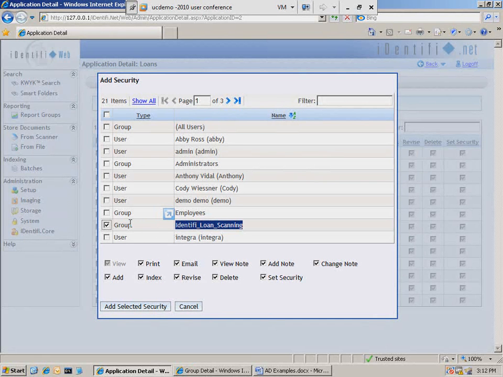But once they actually get into the system, can they delete notes? Can they change notes? Can they delete documents or print or email loan documents? That's where all of this setting is controlled right down here. Can they view the documents? That's by default, yes. Do you want that group to be able to print out of web, email, view a